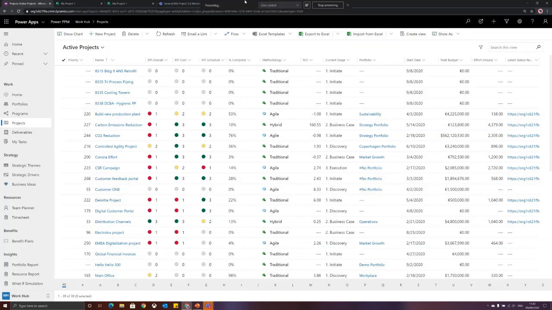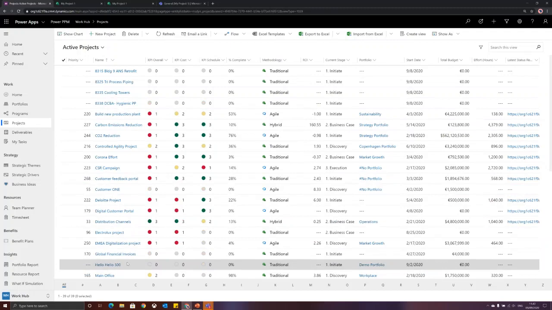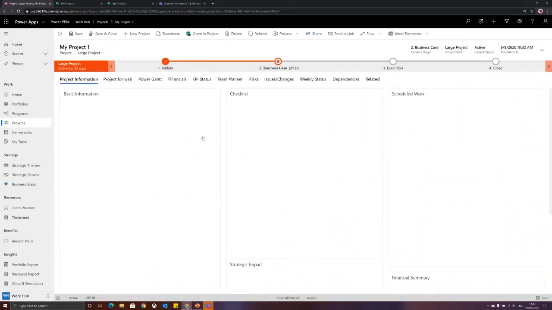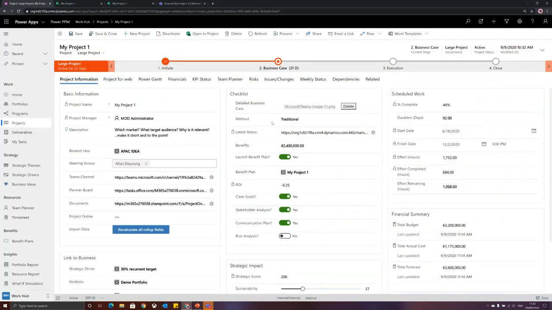Yes. Well, there are two aspects to it. There are some who treat the project management part equally, regardless of you being under an agile way of executing or traditional. And then there are those where the business case is different. So this example I'm showing you right now, because I can show both, only talks about methodology from a scheduling perspective. So in the world of, let's say we connect to Azure DevOps as one example, when you have the project created, you will have to decide at some point the method you're going to use for doing the